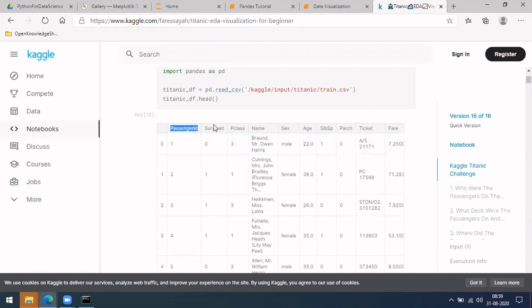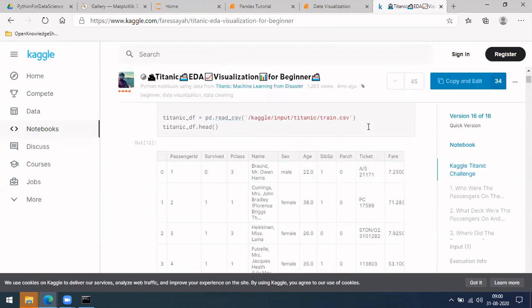So this has the passenger ID and whether he survived or not, and also which class of passenger he is, first class, second class, third class, like that. There will be a category of tickets, right? So which class he has taken, and similarly his name, sex, and age, and whether he has a sibling also traveling with him. You can find this example in this data, but I'm not going into it as of now.